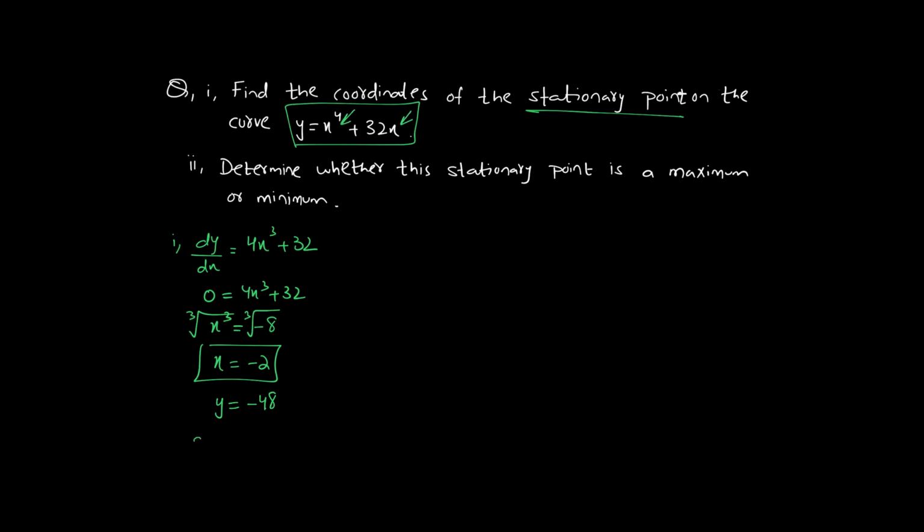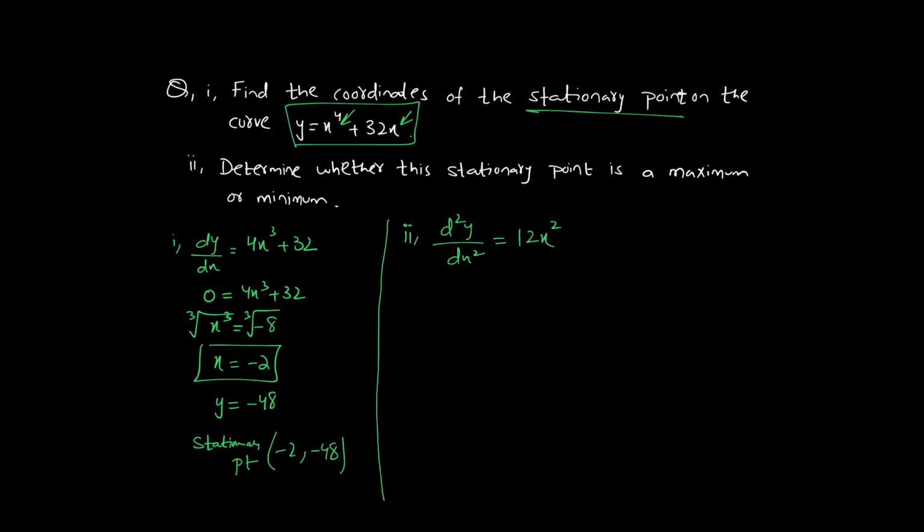So the stationary point you will get is (-2, -48), and that is the answer for part 1. Now for part 2, you need to determine the nature of the stationary point, and for that you need to use the second derivative test. So this means that you need to differentiate the dy by dx function again, and you will get 12x